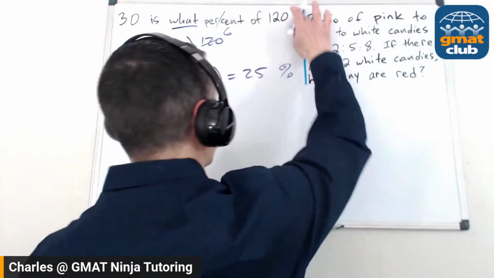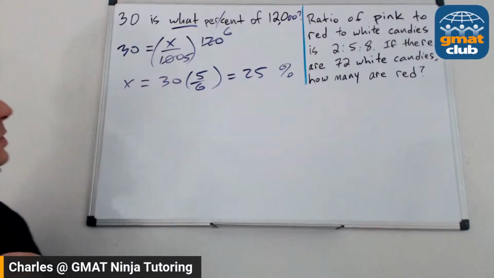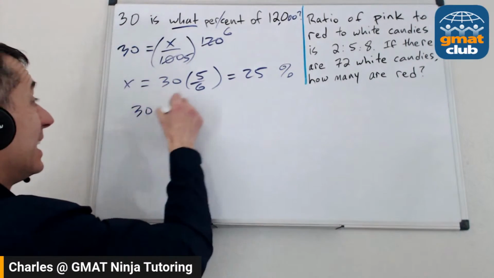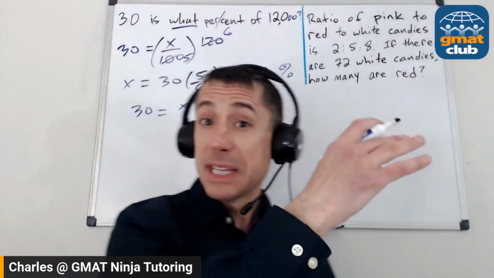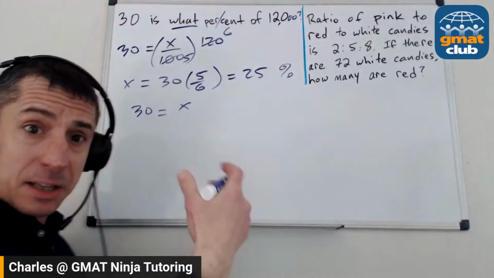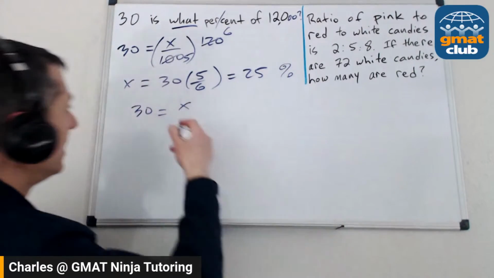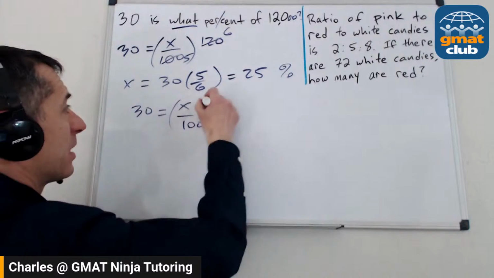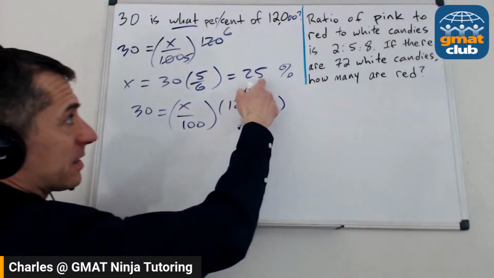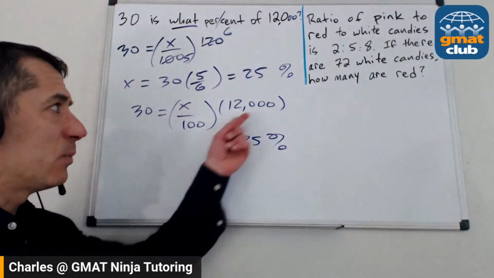Even if I just make a really, really small tweak here, and I just add a couple zeros and go, X is what percent of 12,000? Yeah, now this gets messy. If you're really, really skilled, good for you. But for most people, you can't just look at this and go, hey, I know what that is. The numbers start to get a little bit too opaque. You know it's going to be some sort of percentage that is less than 1%. So you can do the same exact thing. I'm not going to go through all of it. And what you're going to get here is close to this, but it's going to be 0.25% instead once you do all the math out.